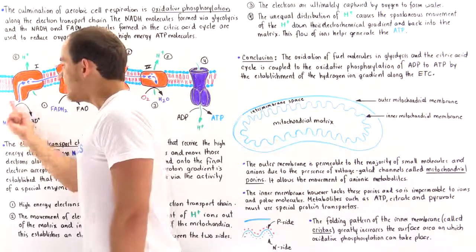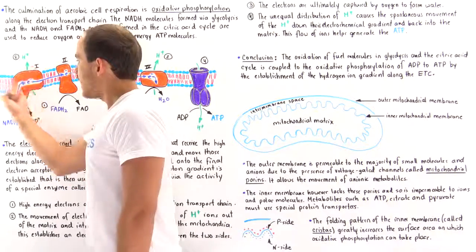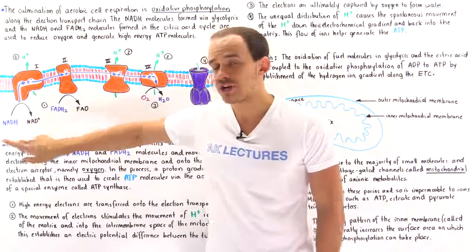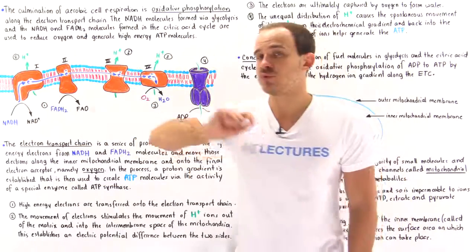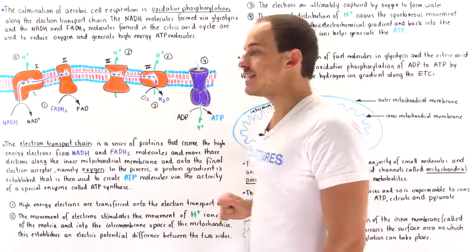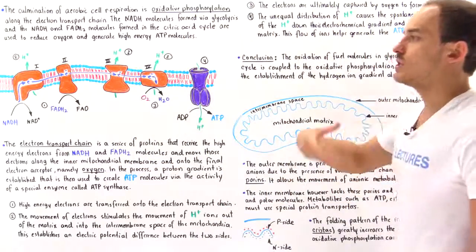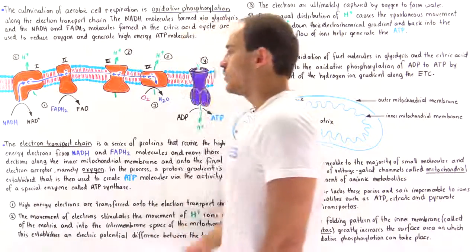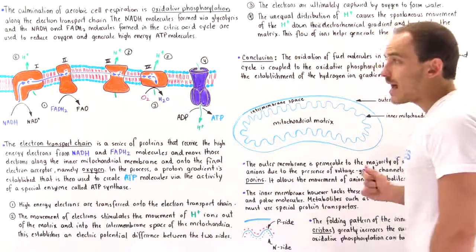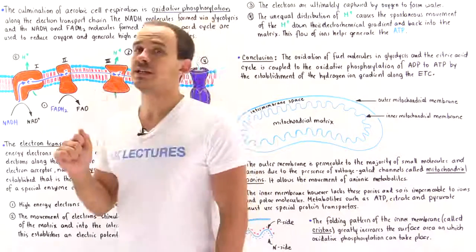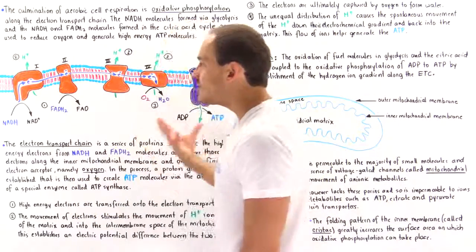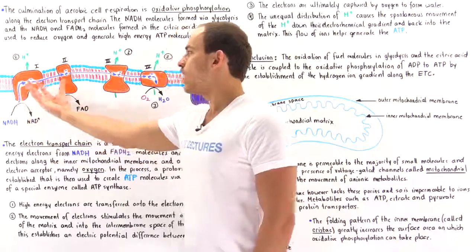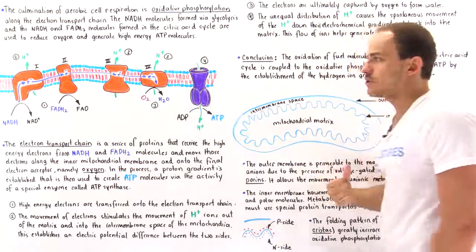And we extract these high energy electrons into this area here. At the same time, we also regenerate those NAD plus molecules needed for glycolysis and the citric acid cycle to actually continue taking place. Now, the FADH2 molecules produced in the citric acid cycle are actually taken by protein complex 2. Now, once these high energy electrons are extracted, they begin to move along the proteins of the inner membrane